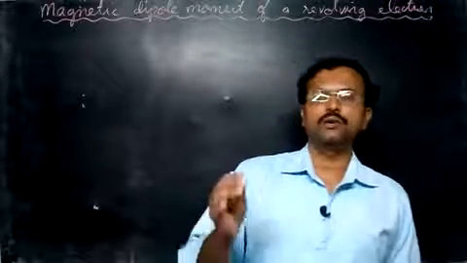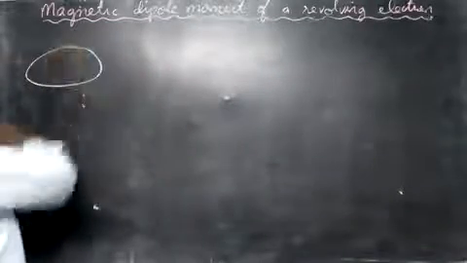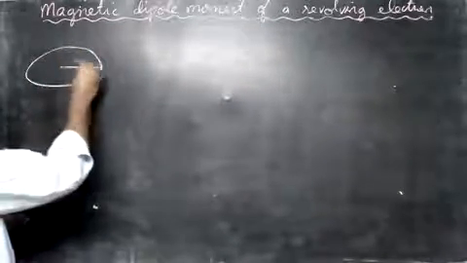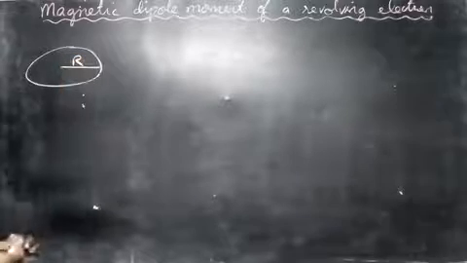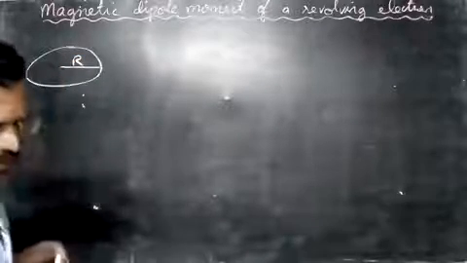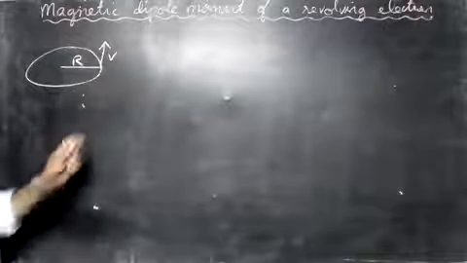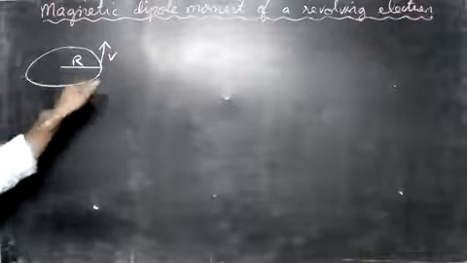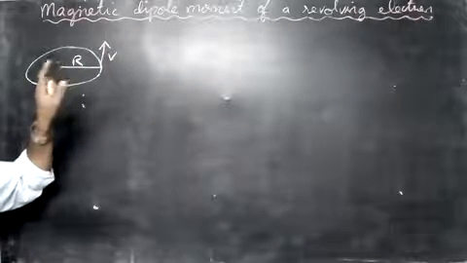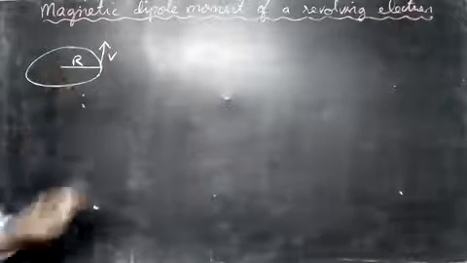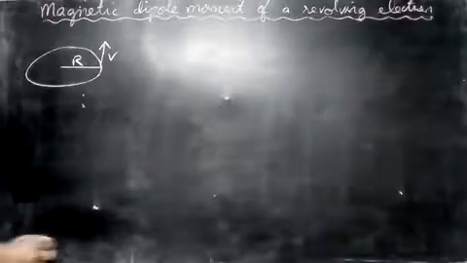So when the electron is in the orbit this way, in a circular orbit, let this be the radius here, that is r. And then it also has a velocity there. Let's take the velocity in this direction here. So the electron goes in an orbit around the nucleus, and due to this orbit it also has a magnetic moment. Okay, so let's see this now.